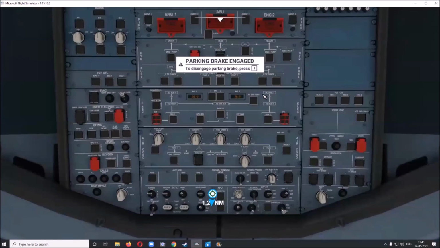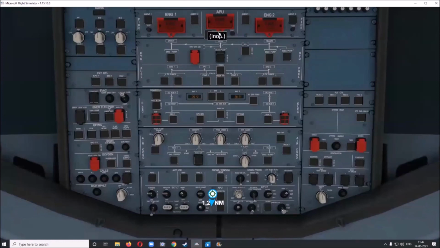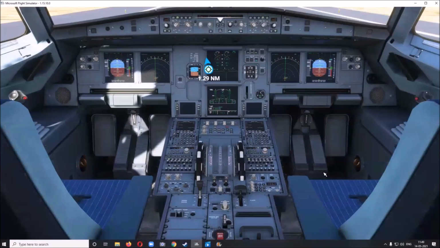These are the electrical DC-AC buses, hydraulic pumps, and these are the fire suppressant switches. APU is the engine at the back of the plane, which gives power when the plane is on the ground. These are all preset, so nothing much needs to be done. And that was a quick tour of this cockpit. These are different from the Y, which we have seen previously.